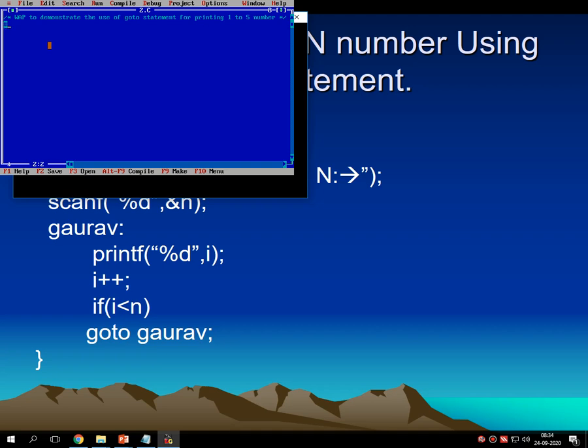Read the comment again, read the definition again: write a program to demonstrate the use of go to statement for printing 1 to 5 numbers.